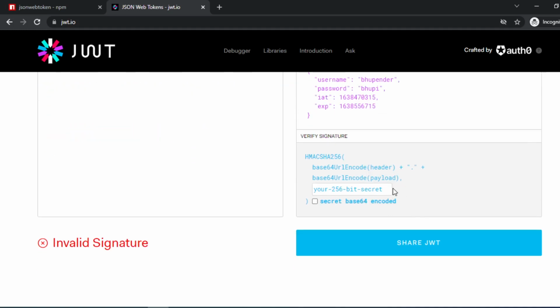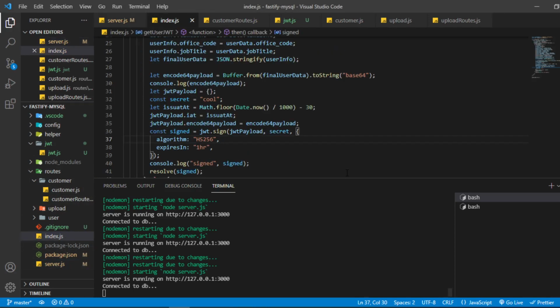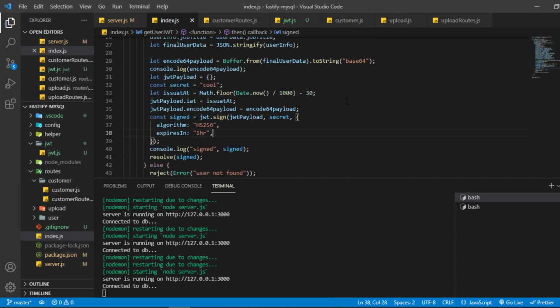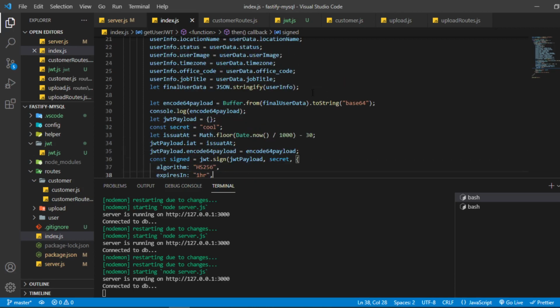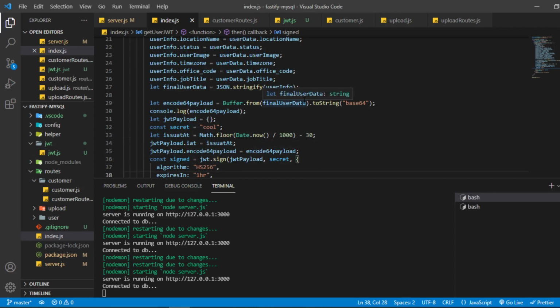In the previous video I have also made a video about JSON web token, let me show you that video. This is the video here, I have already talked about the security of the JSON web token. It is up to you guys. You can encode that payload to base 64. The more security you provide, the better it is for you. But in this video we are not going to provide base 64. We will keep it simple.